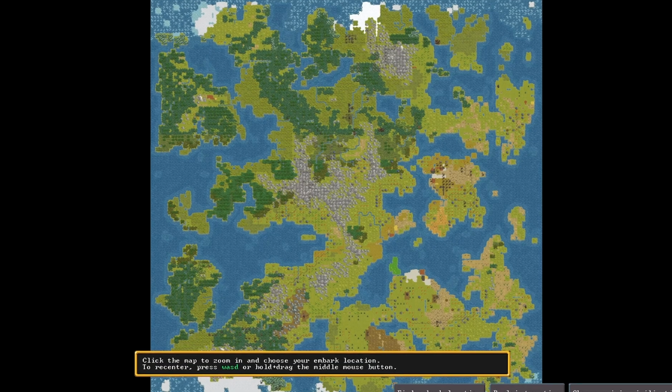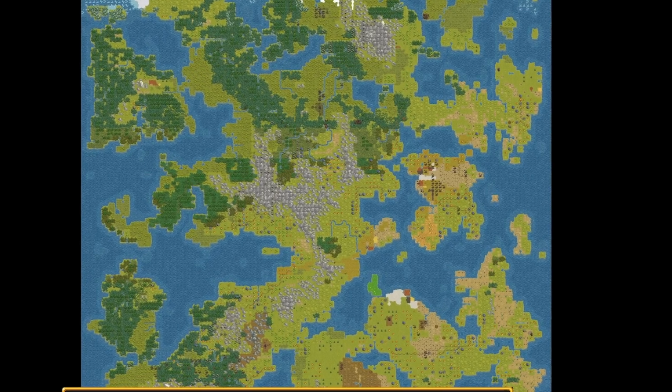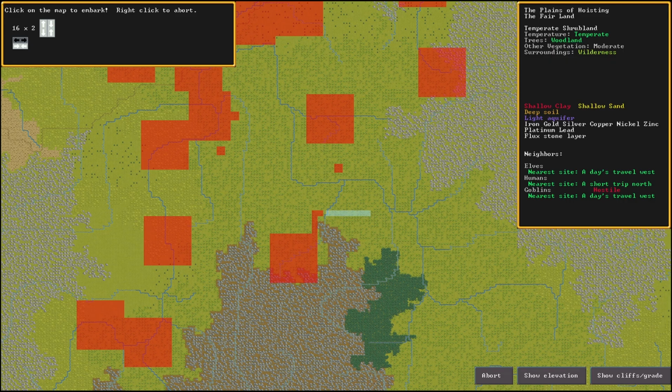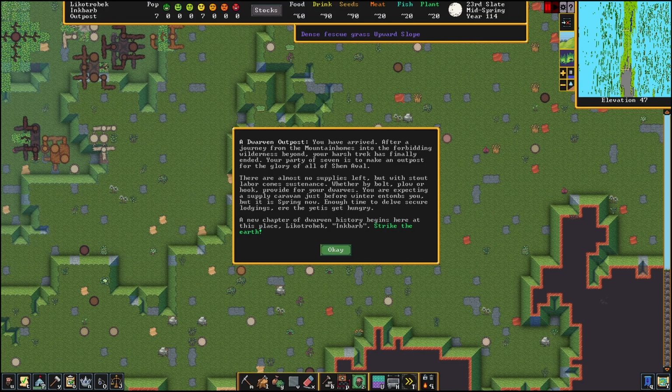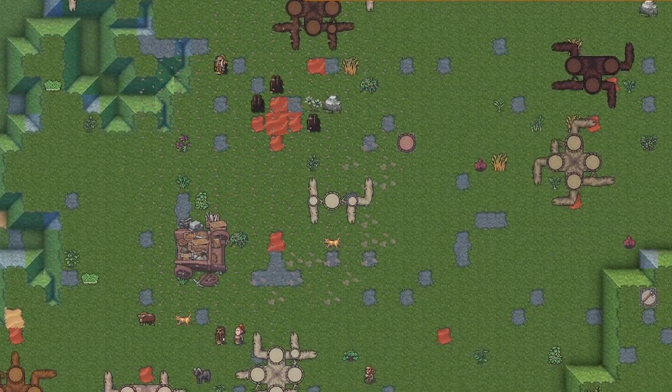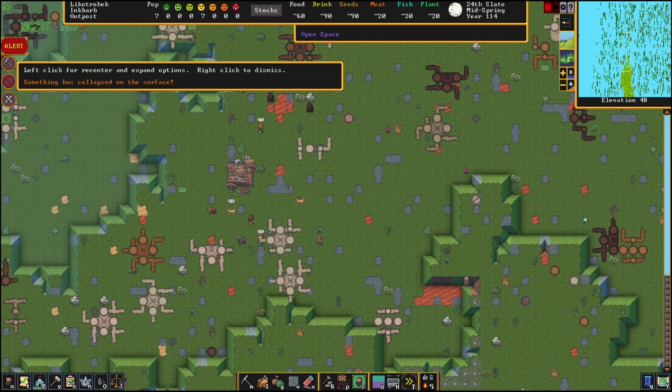The time has come to embark again, and this time we're going to embark a little bit longer tile range than last time, 16 by 2, right along here, heading east. So we find ourselves in a place called Barb. This is Camp 3 of the road, and okay, immediately this dwarf here has dropped a tree on himself and